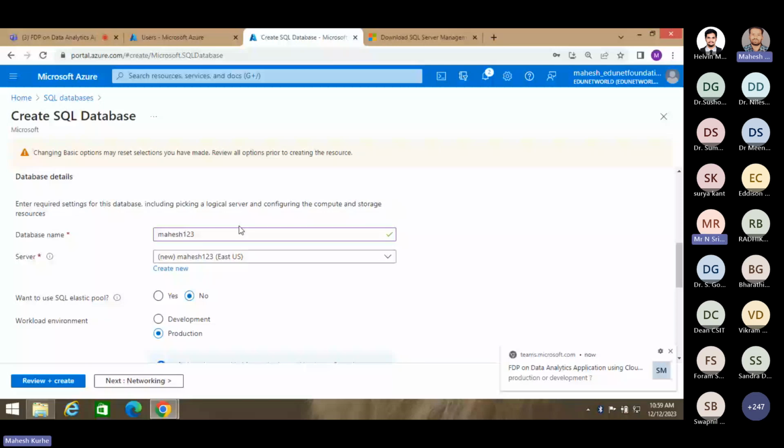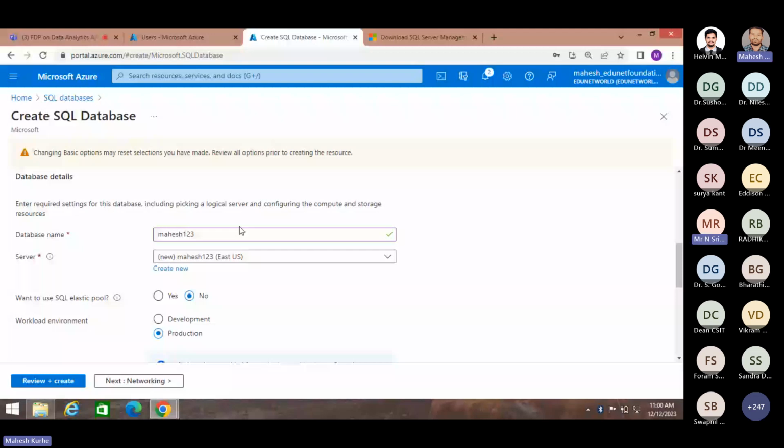One more, Mahesh sir. In the authentication method, by default it is use Microsoft Entra only authentication, sir. No, sir, don't use this. Use SQL authentication. That is the reason why those three options are there. If we choose Microsoft Entra, then login can be done with our Azure credentials only, the Active Directory. So only that directory will be used for login, and multiple